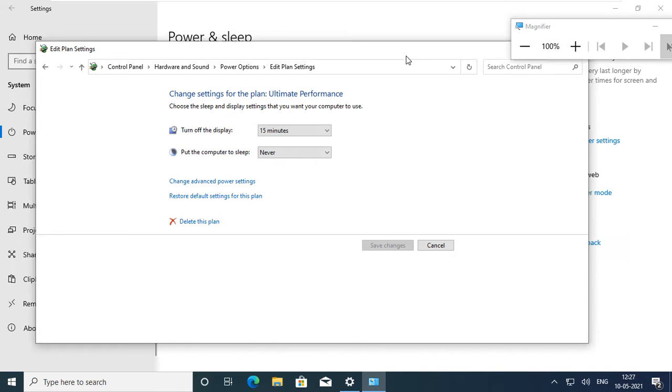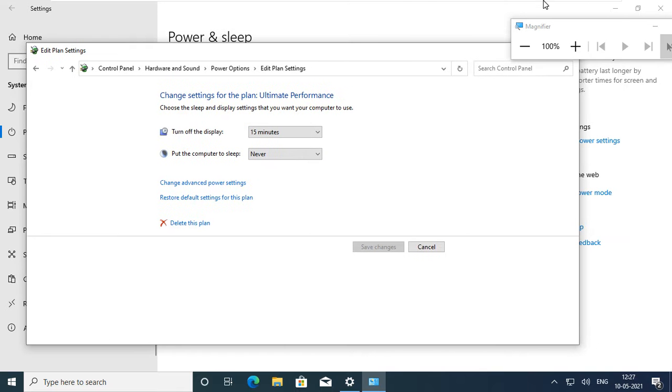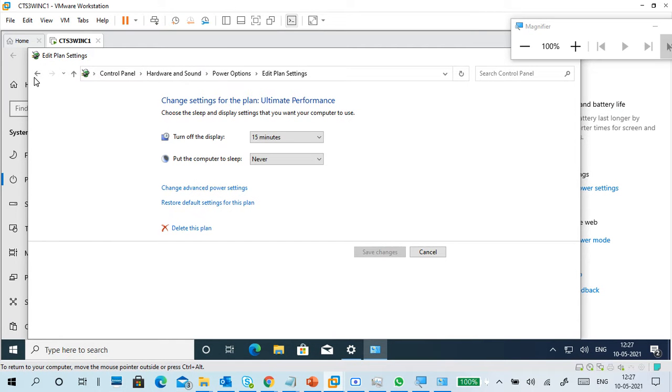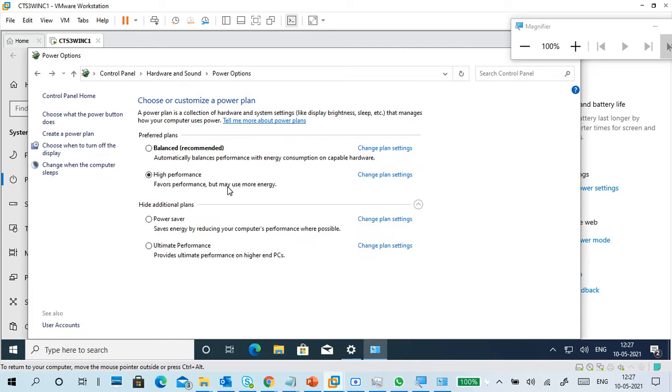Same thing as that one. So these are the three power options, and each description you have to write down from here, so you will understand. Next, you can create your own power plan, and based on your organization where you purchase the operating system, they also suggest some power plans. Of course there are a few things, so I'm going one by one.